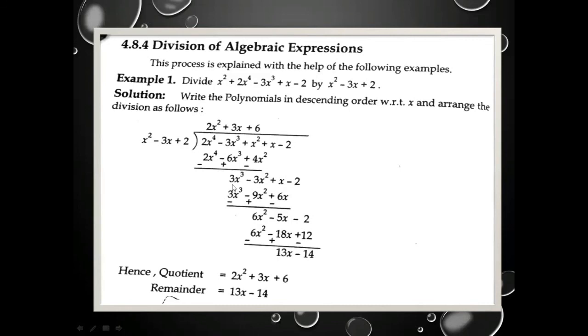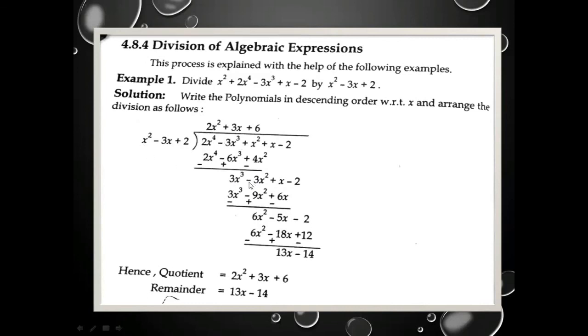After each step, you will compare the first term of remainder with the first term of the divisor. If you observe the two terms are same or greater, you will proceed the division. If you observe that your remainder is less than the divisor, no need to proceed. We say it is our answer. But here we observe that 3x square is greater than x square, so we follow the same step